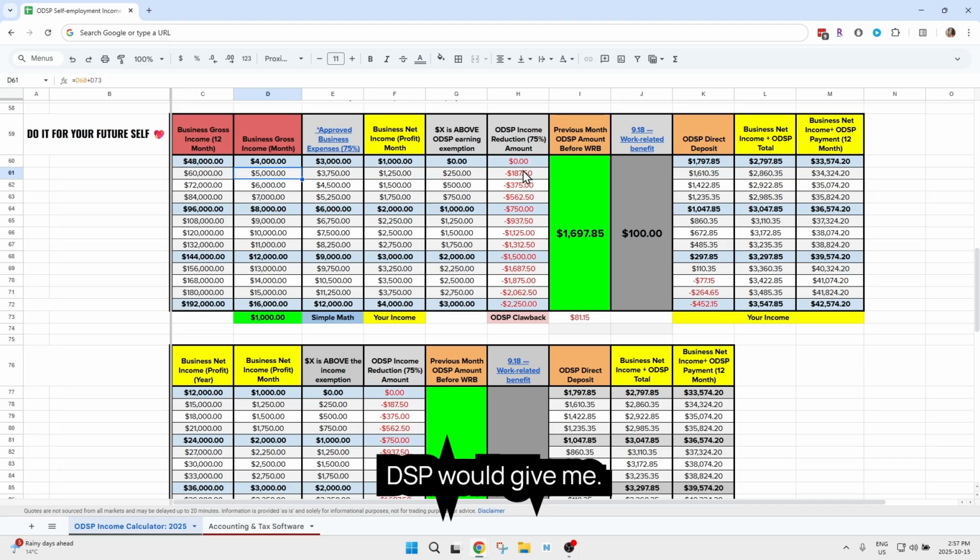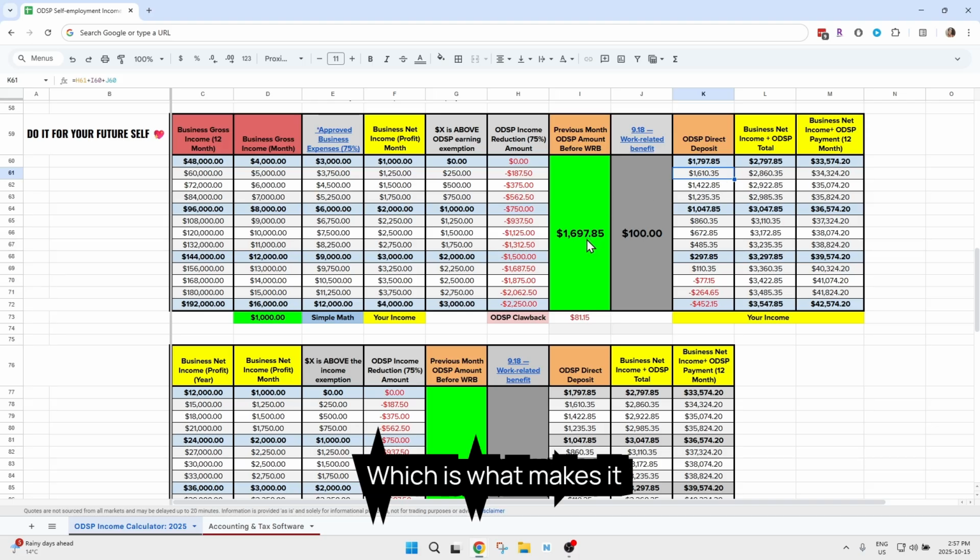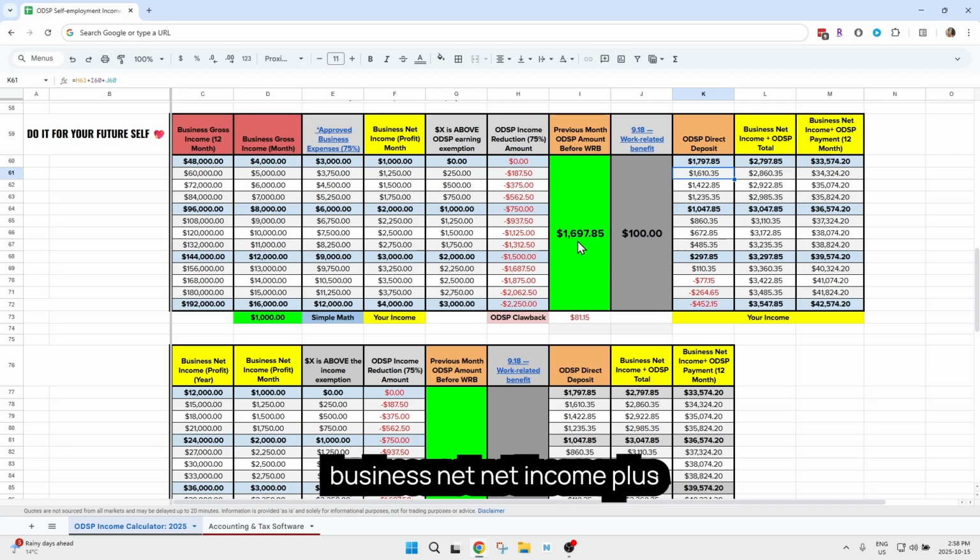Then ODSP would give me $1,610.35 because the deduction of $187.50 is reducing the $1,697.85, which is what makes it $1,610.35. So the next column L, this is my business net income plus ODSP's payment for a total amount of